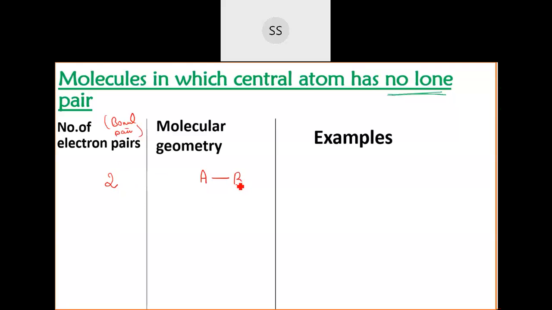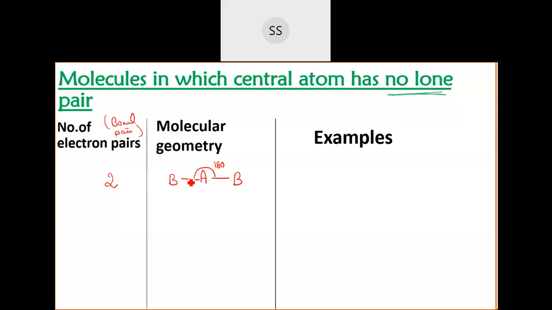Remember the postulate says that when you have electron pairs, arrange them in such a way that there is maximum distance and minimum repulsion from each other. The maximum distance we can keep between the two of them, because only two are there, is an angle of only 180 degrees. This is the possible way. So the angle between them will be 180 degrees.